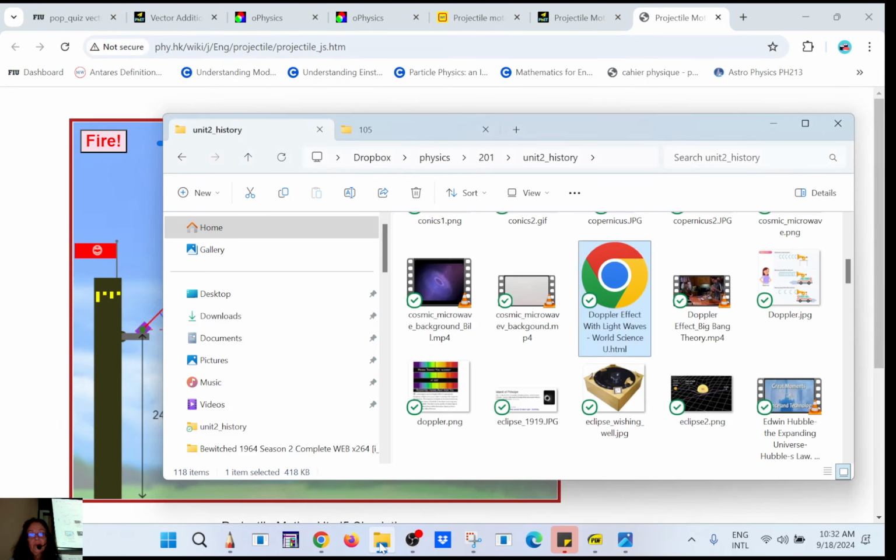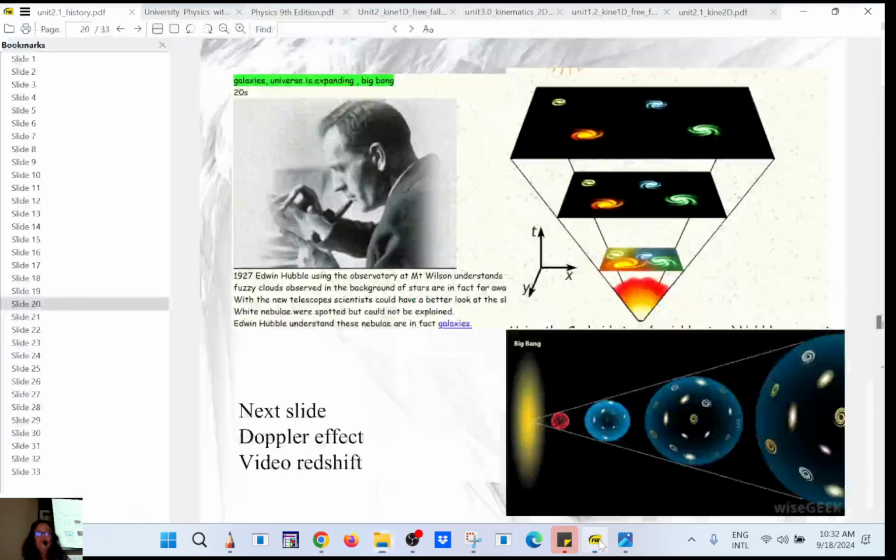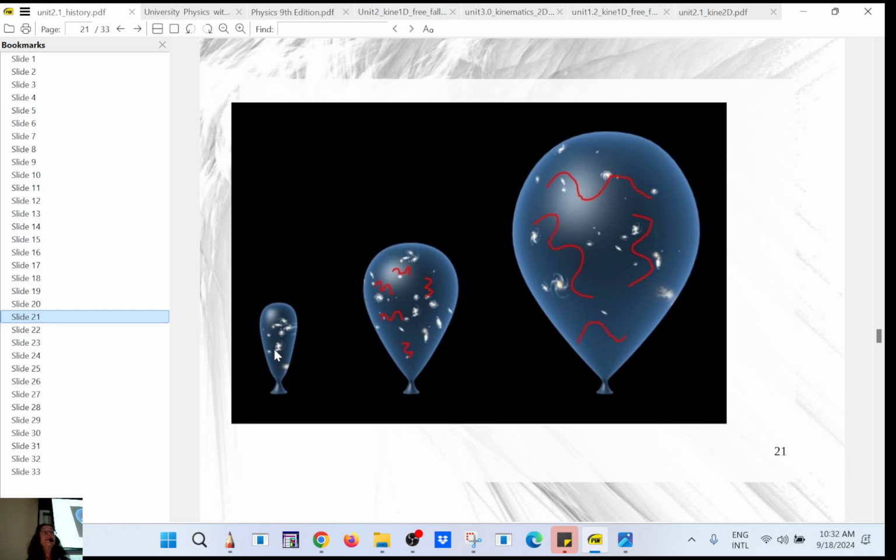It depends again on your frame of reference. So that was a big breakthrough, and he has an interesting history because his parents wanted him to study law, but he didn't like it. At the time you have to take the LSAT, but he didn't like it, so he did a little bit to please his parents, but then he shifted. Anyway, that's the idea, that the universe is expanding.